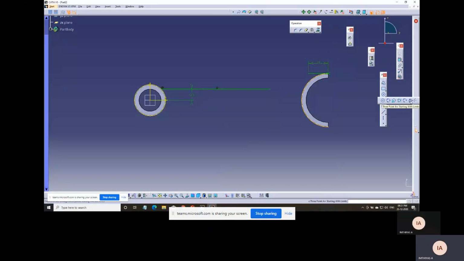And using the 3-point arc, we will join the small and big end.